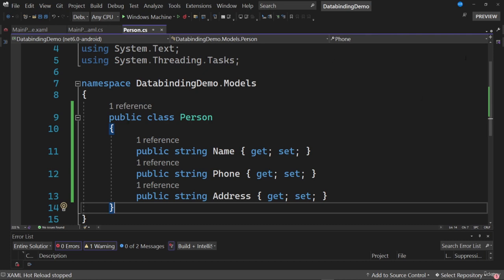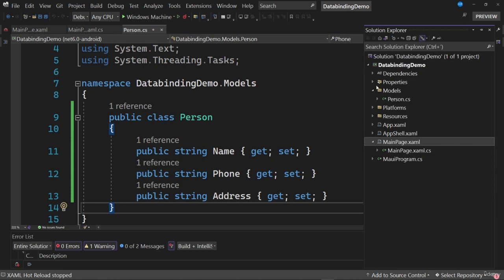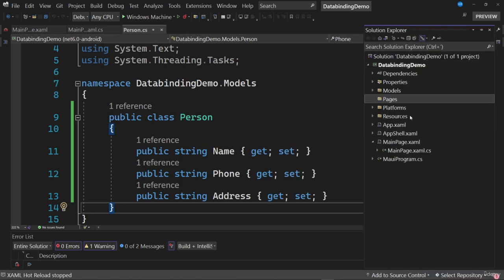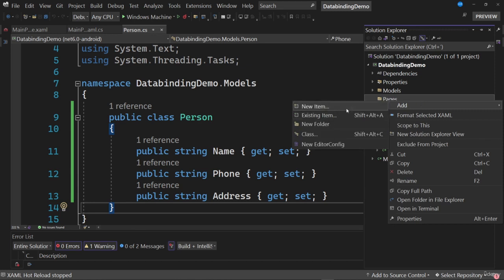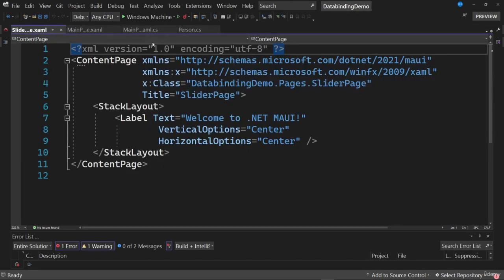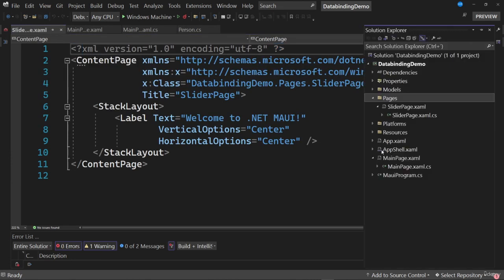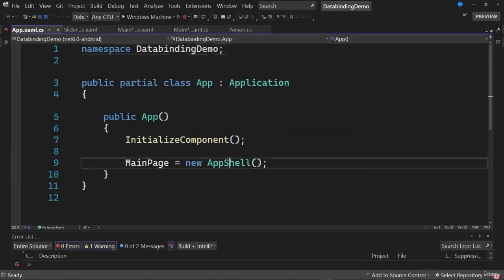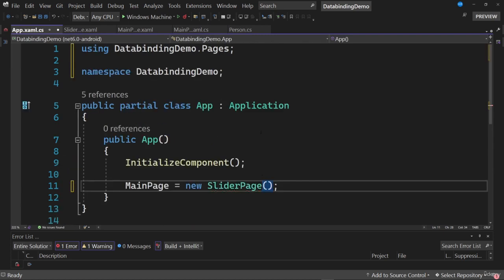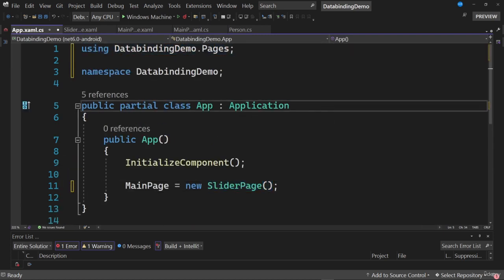Let's proceed by going to the Solution Explorer and create a new folder as part of the project called Pages. Let's create a new page as part of this folder. Let's select a content page as a template and name it SliderPage. Now let's go to the App.xaml.cs file to set this page as the start page. We have to import the namespace that is needed so that we don't have any problems